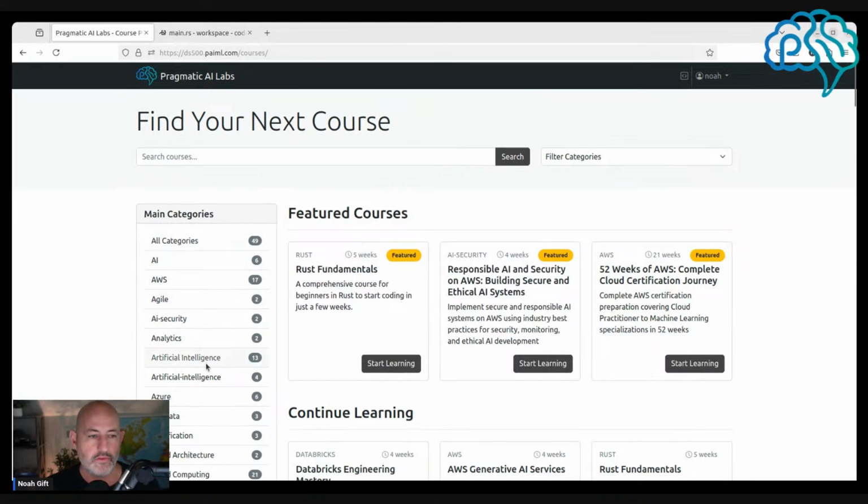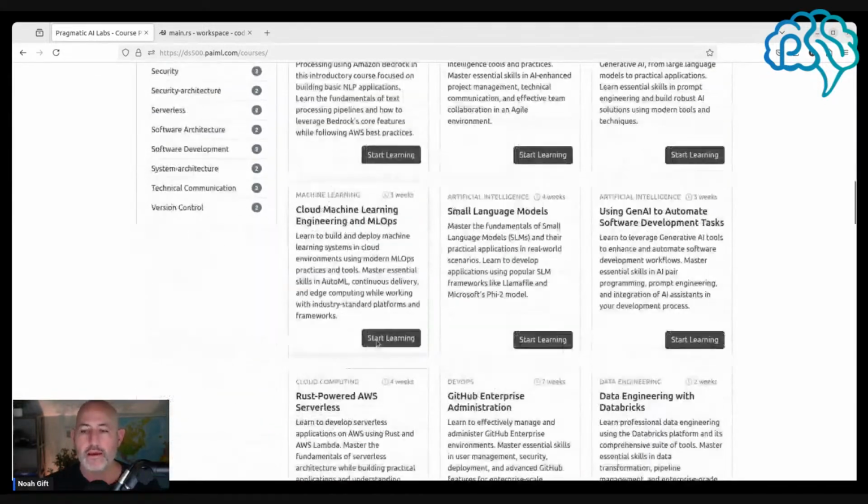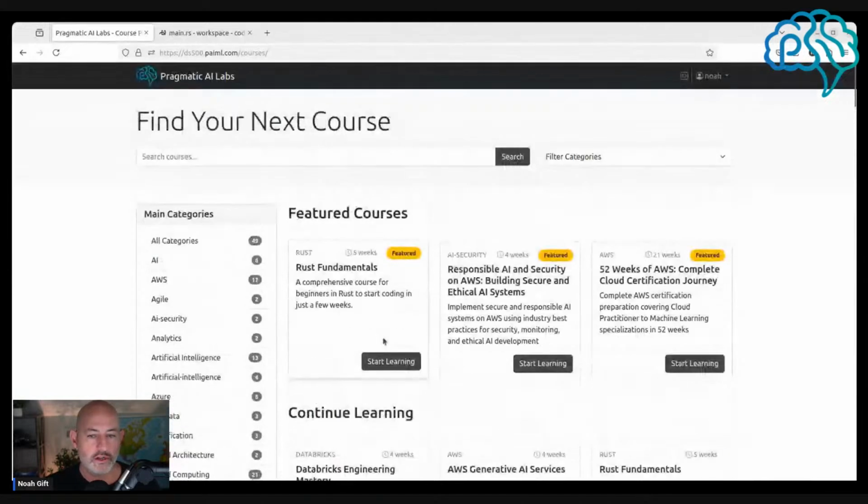You can see all the different categories from AI to security to analytics to responsible AI, natural language processing, MLOps. You are interested in learning cutting edge job skills, we got it. And the newest feature that we have is